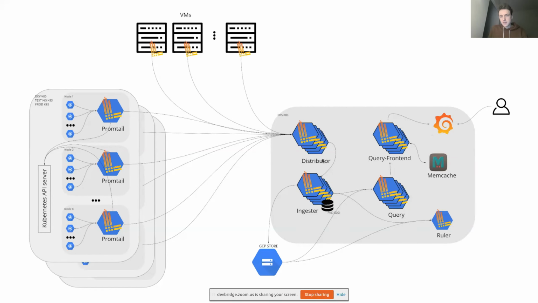And we have ingesters, multiple replicas of everything, actually. The scale is the same as in the picture before. Also, we deployed some Promtails on our VMs, and they're also sending logs into our Loki infrastructure. In addition to the picture you saw before, we have memcache for extra speed in querying, and everything is stored in GCP